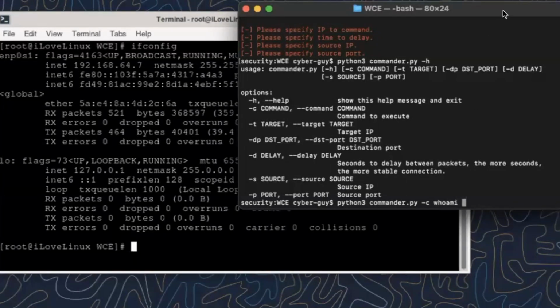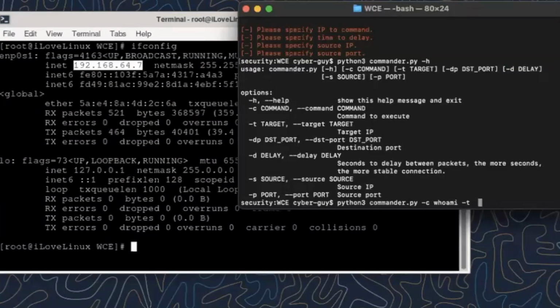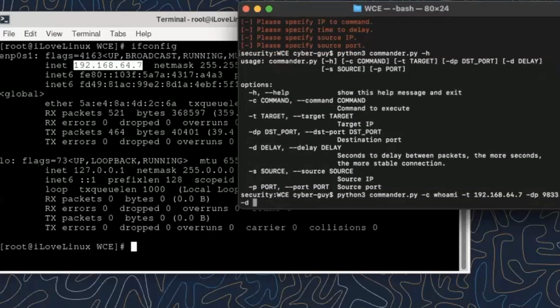I'm just gonna run the whoami command on the target host, and the target IP address will be this IP address, which is the IP address of our Arch Linux machine, and then the destination port will be something random like 9833,